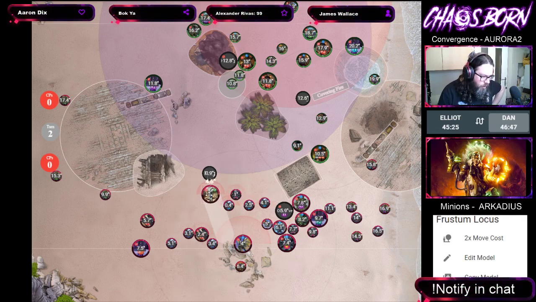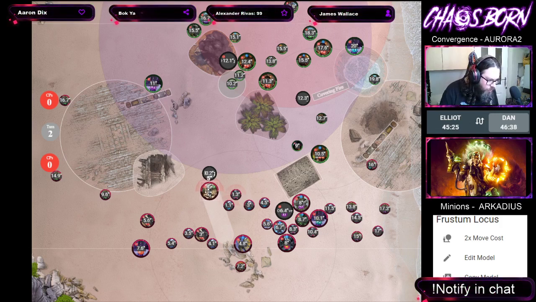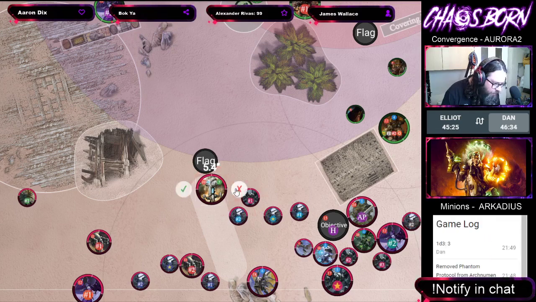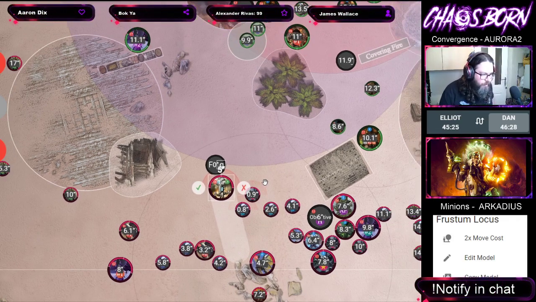Although this guy, Frustrum, isn't going to benefit from anything in there. So he can just walk onto the flag. Wait, he can't walk onto the flag if that angel is there. So I've got to move the angel so he can move directly onto the flag. He goes to there and then...